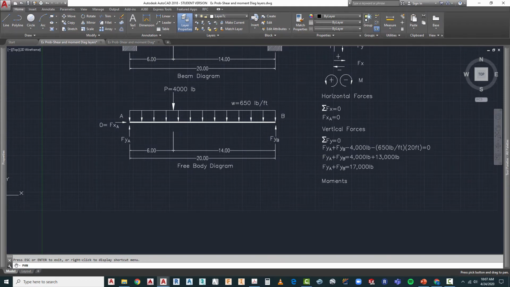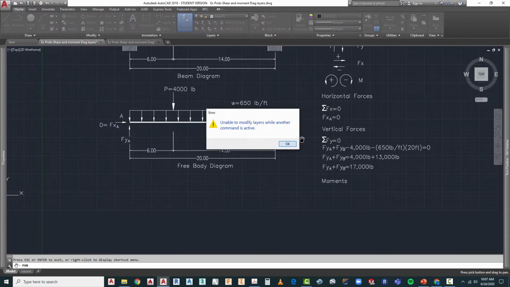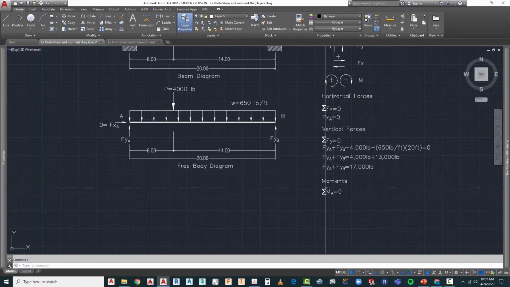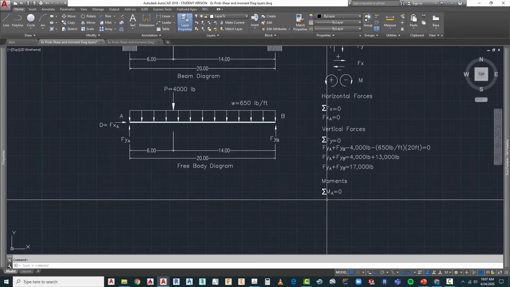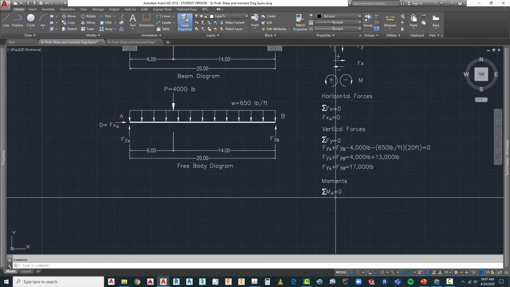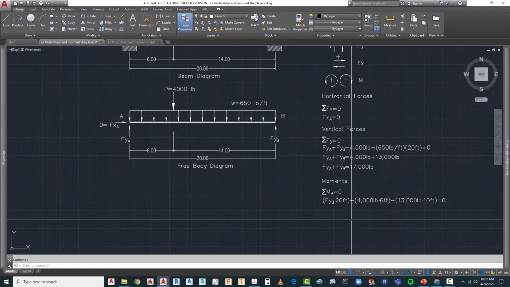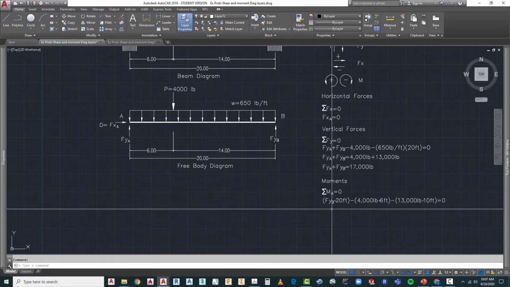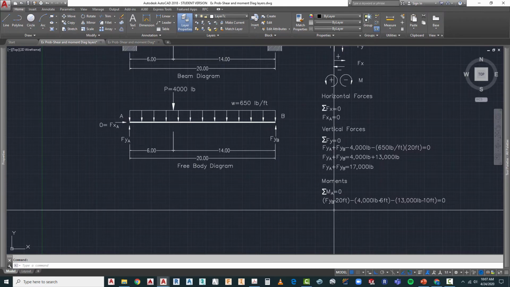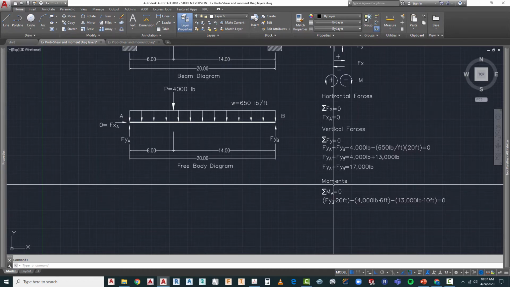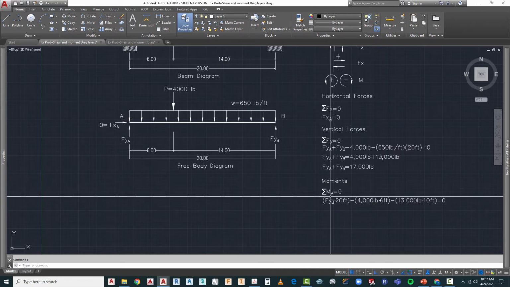So the first thing we will do is put our equation right here for our summation of moments must equal 0. Next, we're going to create our equation here. So the summation of moments, and remember, a moment is a force located a specific distance from where you are taking the moments. So we're going to take our summation of moments around point